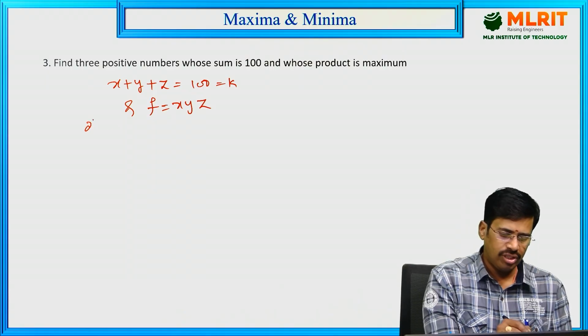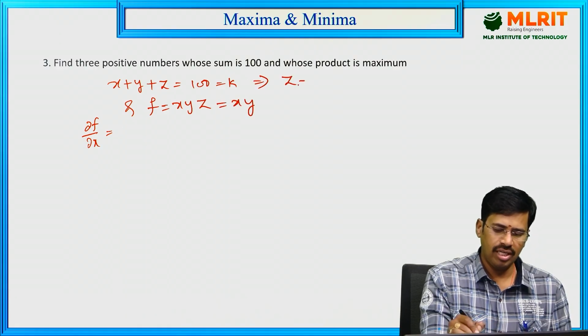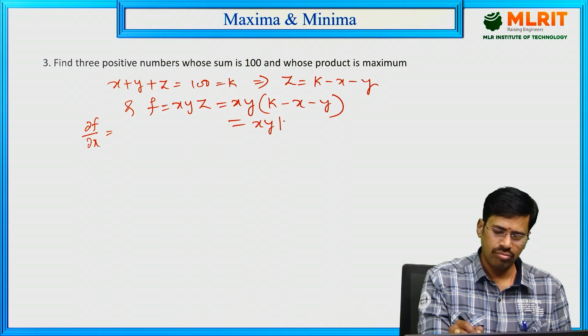So for which we find ∂f/∂x, that is xy into, from this equation z is equal to k minus x minus y. So in place of z we can write it as k minus x minus y. So this can be written as xy into,